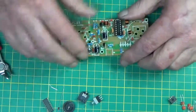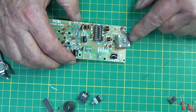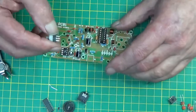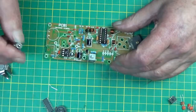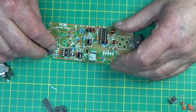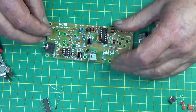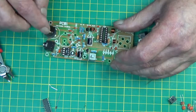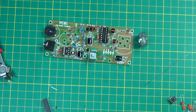Now all we've got left is the variable capacitor for the tuning, the on-off switch for the switching on and off, and, oh no, we've got 4 items: the earphone socket and the tuner, volume control, variable resistor, like that. So I'll solder them on, and then I think we'll have to call it quits for today, because I've got to move on to this little